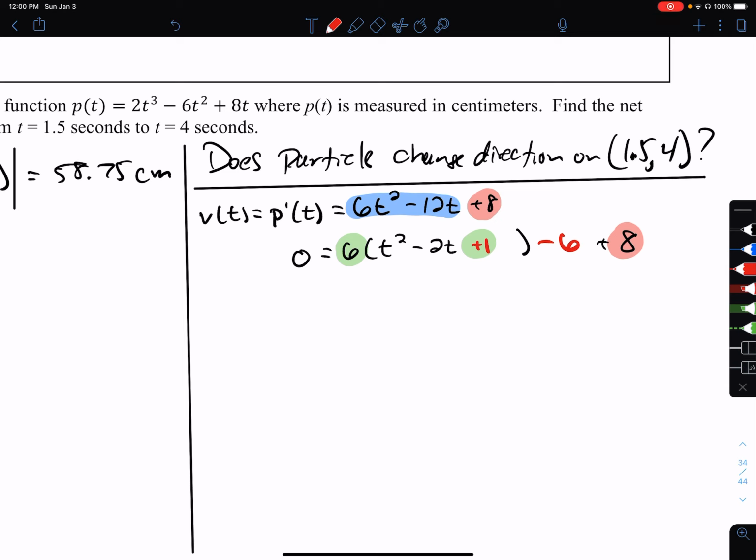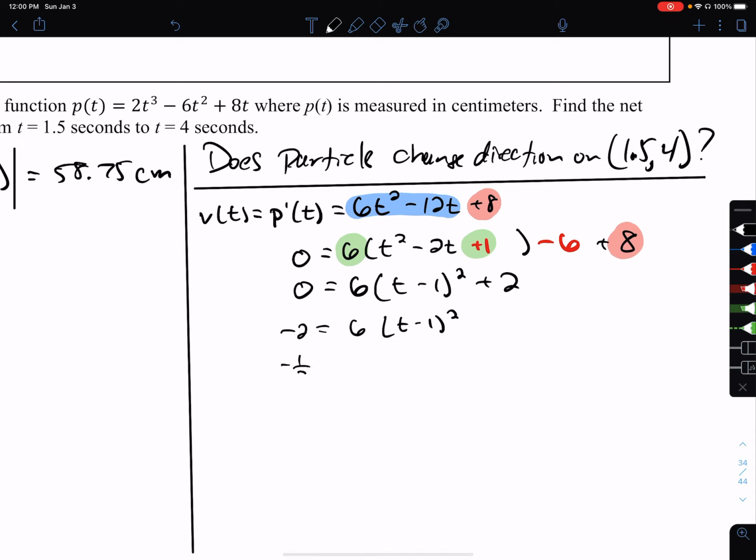We just completed the square. Once the square is completed, this is a perfect square trinomial, which factors into t minus 1 quantity squared. Bring down the equals 0, the 6 times. A +8 and a -6 is a +2. Now to get t by itself, because I want to figure out when this is equal to 0 so I can make a sign diagram, I'm going to subtract 2 from both sides, divide both sides by 6,